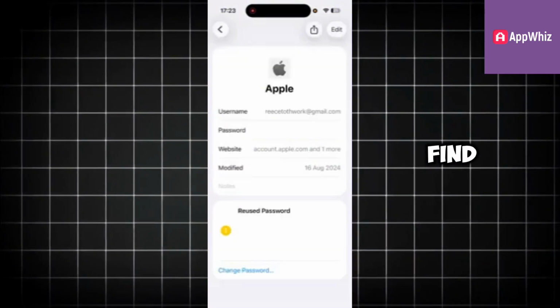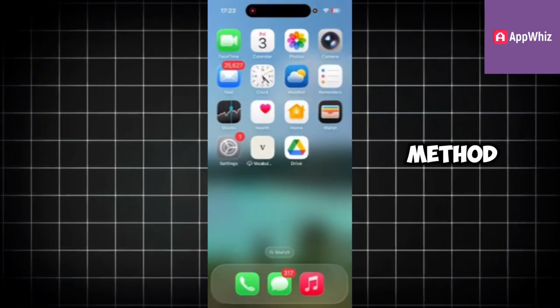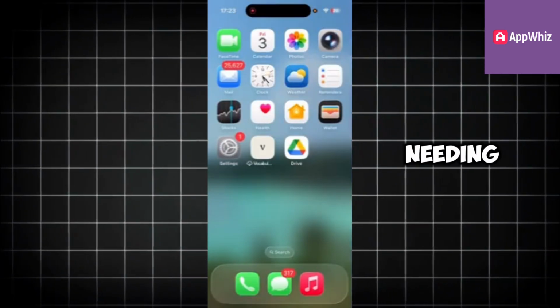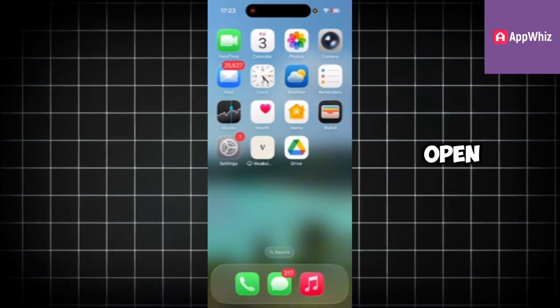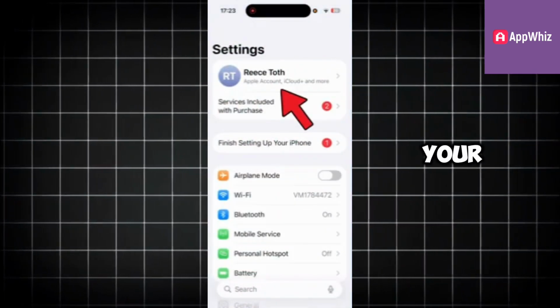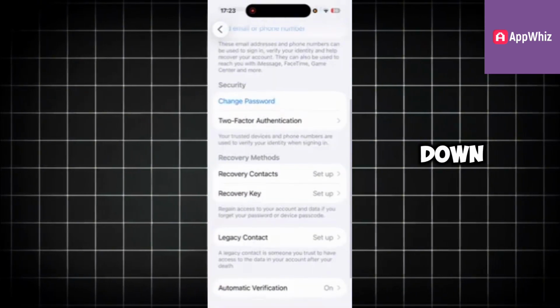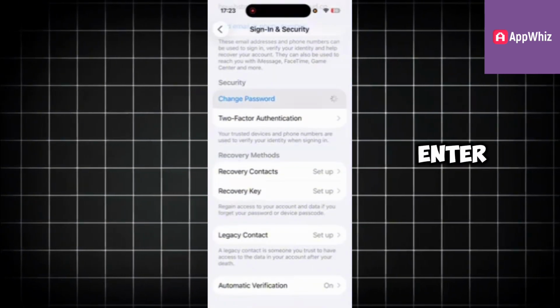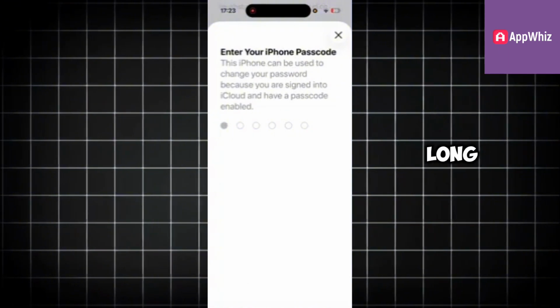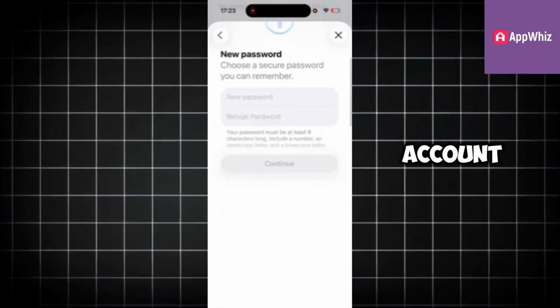If you're unable to find your password using either method, you can simply reset it without needing your old one. To do this, open Settings from your home screen and tap on your profile name at the top. Select Sign In and Security, then scroll down and choose Change Password. Enter your iPhone's passcode, and as long as you're signed in to your Apple account, you can create a new